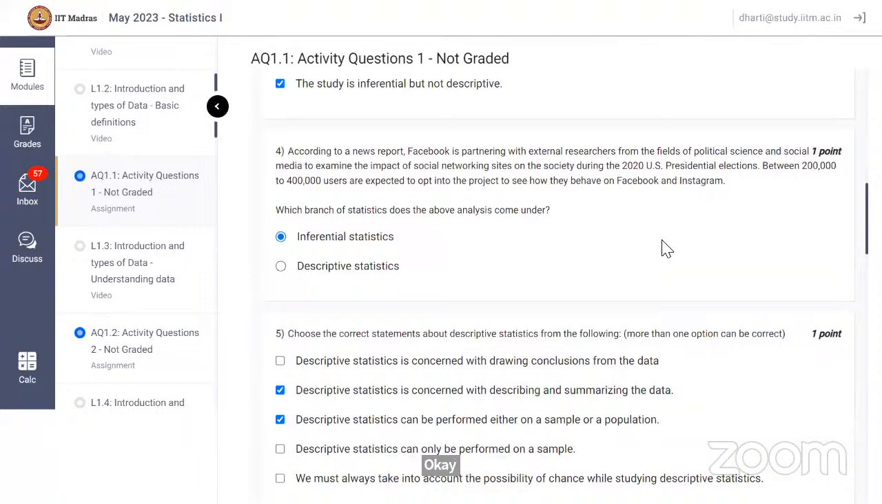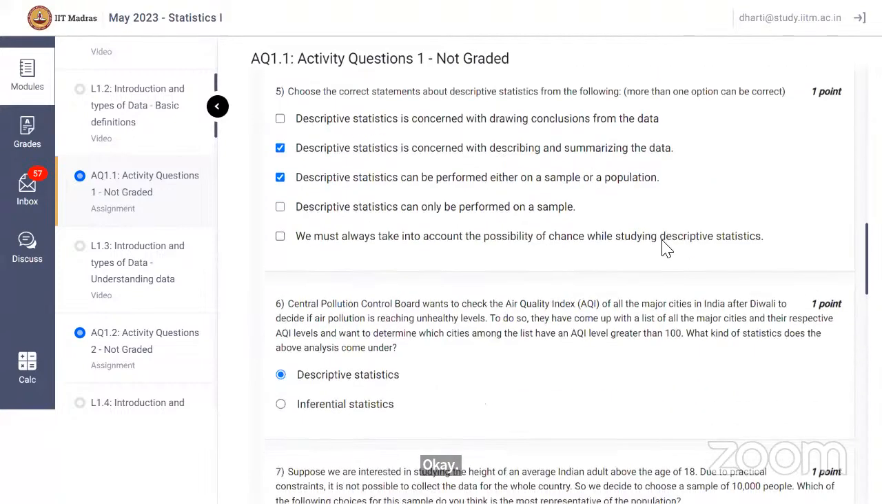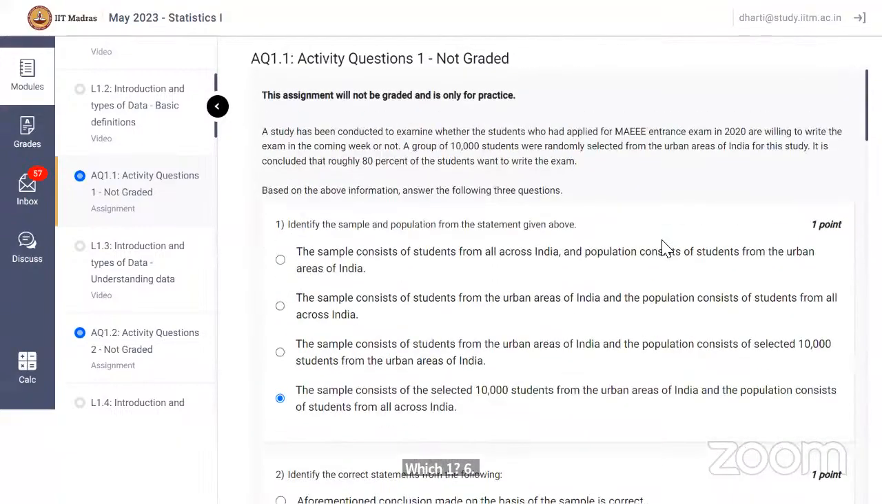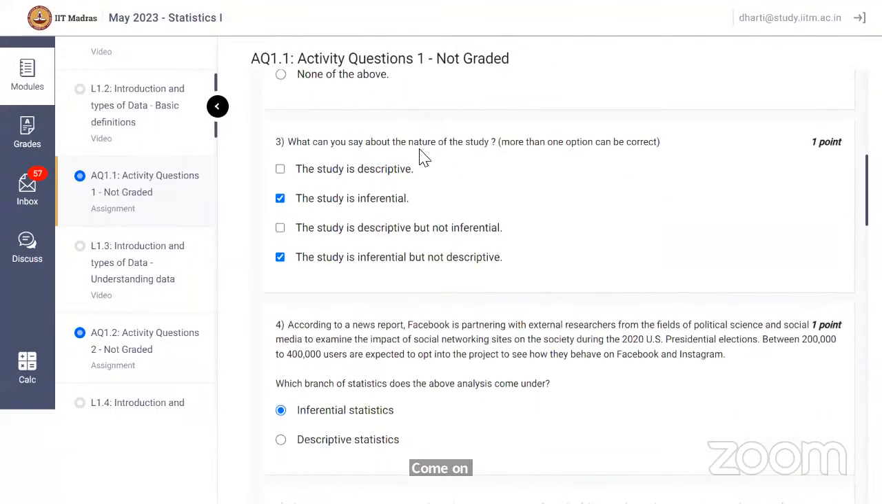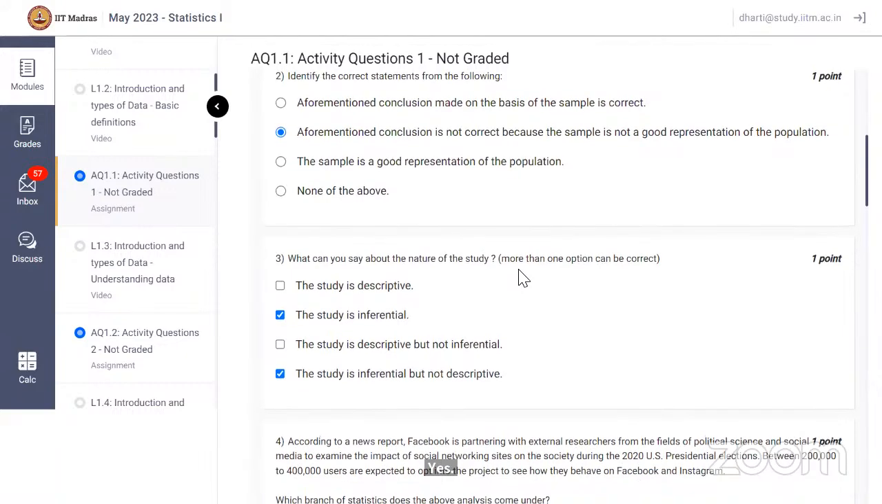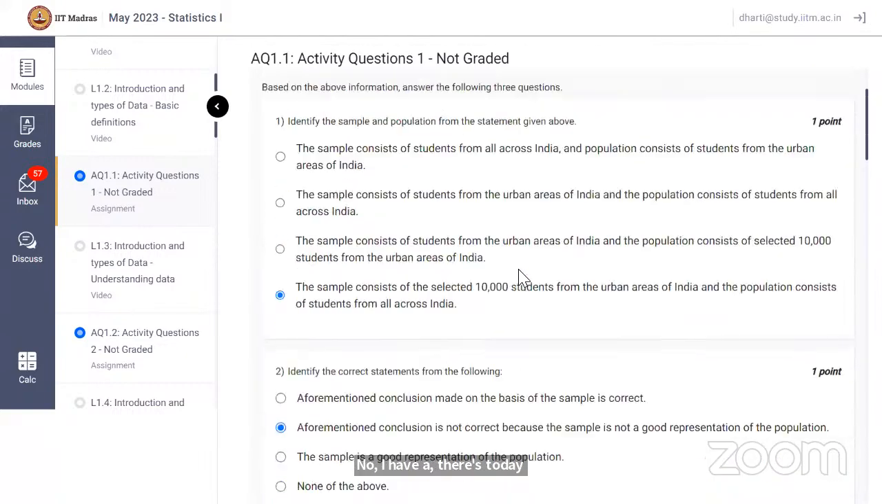Ma'am, my question number is 3. What can you say about the nature of study? Ma'am, I think the study is descriptive. So why is the study inferential? See, this